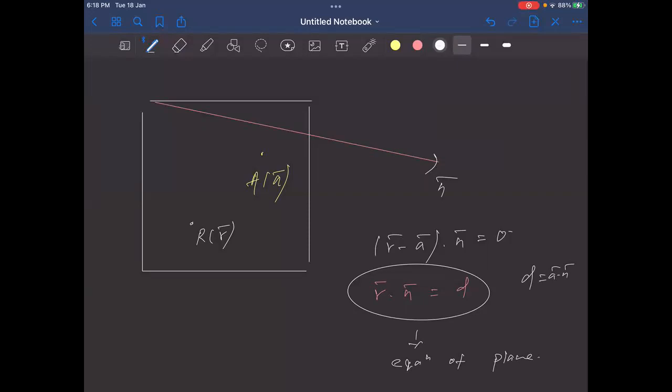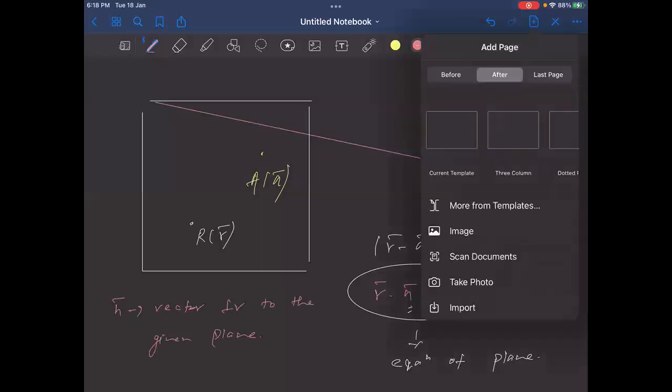And what is the significance of n? What exactly is n? n will be a vector perpendicular to the given plane. होगा ये? करेक्ट है, गिवन प्लेन के परपेंडिकुलर होगा n, करेक्ट? Yes, sir. तो एक फॉर्म तुमने देखा होगा, दो प्लेन को यदि मैं मानूं ऐसे, we take two planes something like this,